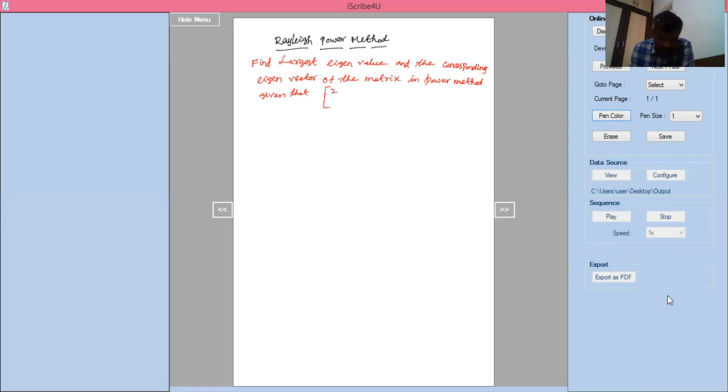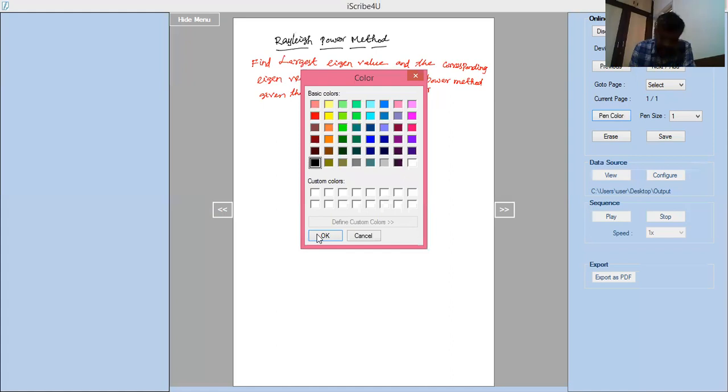The matrix is 2, 0, 1, 0, 2, 0, 1, 0, 2, and the corresponding eigenvector I'll write as 1, 0, 0 transpose. They will give it as transpose or dash. This is the corresponding eigenvector 1, 0, 0. Now, how do we simplify this? You can simplify this by using the given matrix solution.